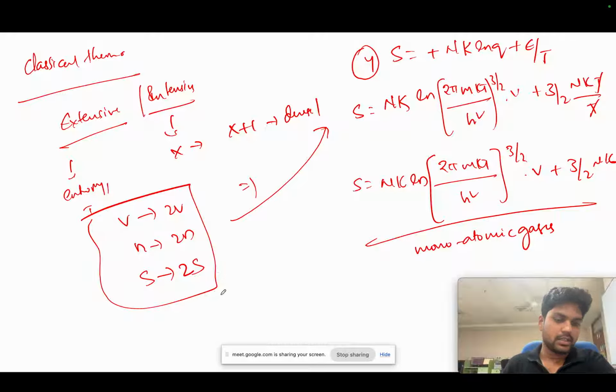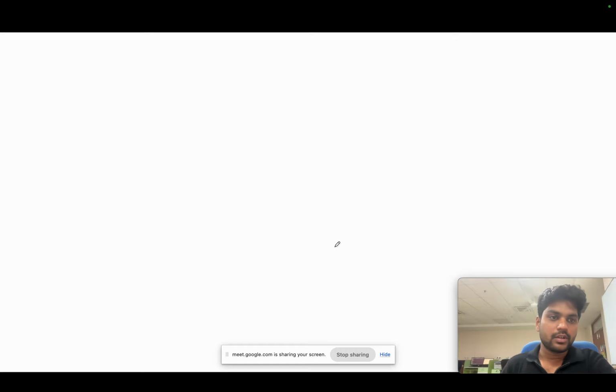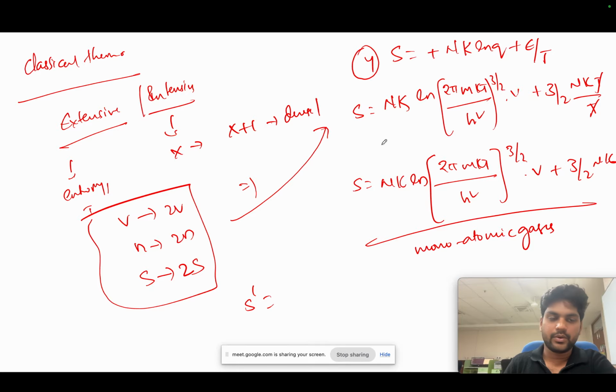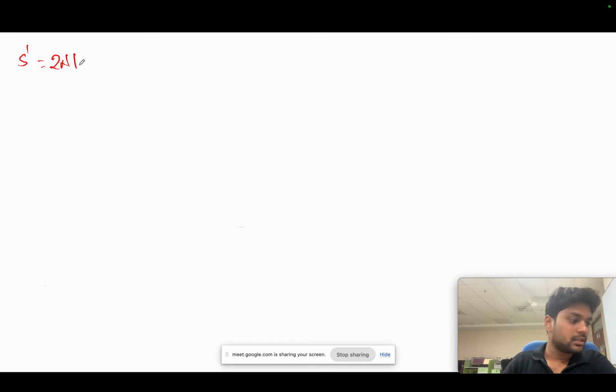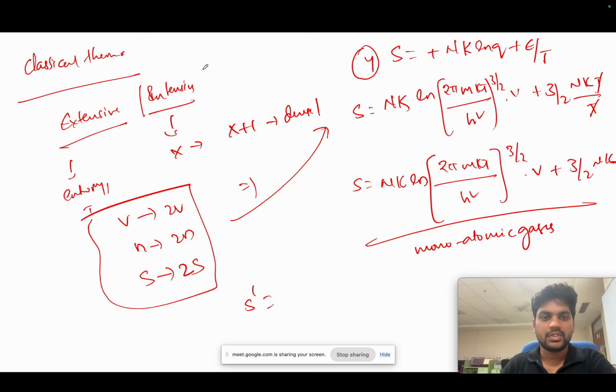Now if you take this condition, the new entropy will be, suppose the volume will be 2V. To put it in good words, we can write this equation again: S' equals, the whole equation. I'm not changing anything, I'm just rewriting it. I'm increasing the number of molecules to 2N, so 2N kT into ln of (2 pi m kT by h square) whole to the power 3 by 2, plus here we have V, which I am converting into 2V, plus again we have 3 by 2